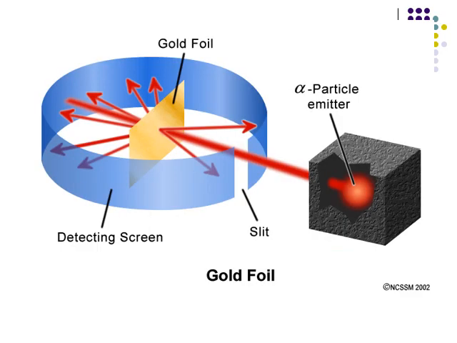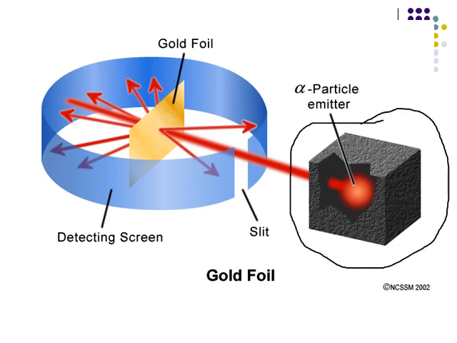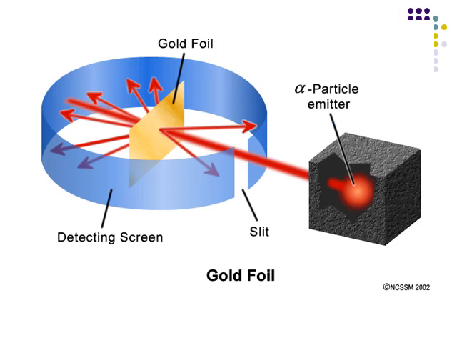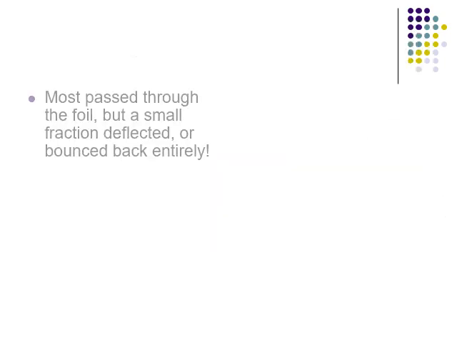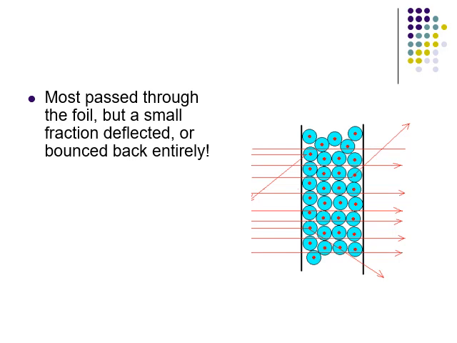So what happened is kind of what we see here with this diagram. You have your alpha particle emitter here, and it's firing the alpha particles at the gold foil. And they started scattering, but not a lot. Only some started scattering. Some started scattering at very light angles. Some were actually bouncing backwards almost entirely. So this made them re-look at what's going on in the atom itself. So what do we see happening here? Well, most of the particles passed through like expected, but a small amount bounced back. And they had to explain why this was.